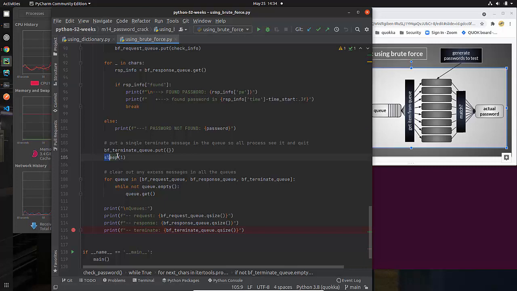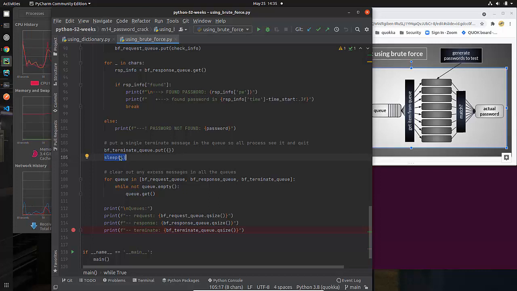Now, why do I have this sleep here? Let me just tell you, I noticed something strange in behavior where I put something onto this queue, and then when I go and attempt to clean up these queues to get rid of any extraneous messages, which I'm hoping there aren't any, but there might be, I found that when I didn't put a sleep time to allow the processing of these messages, then sometimes, this is a timing type thing, I ended up missing a queue that I needed to clean up.